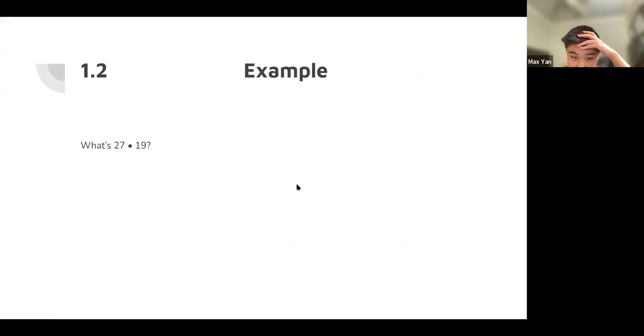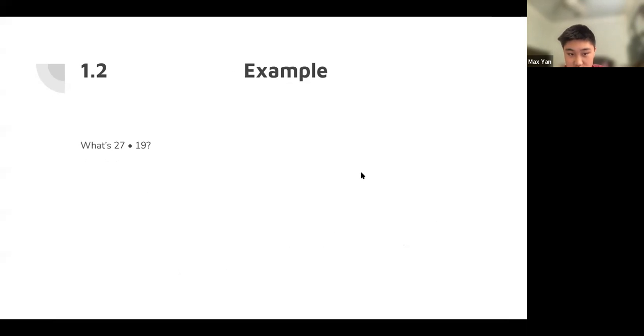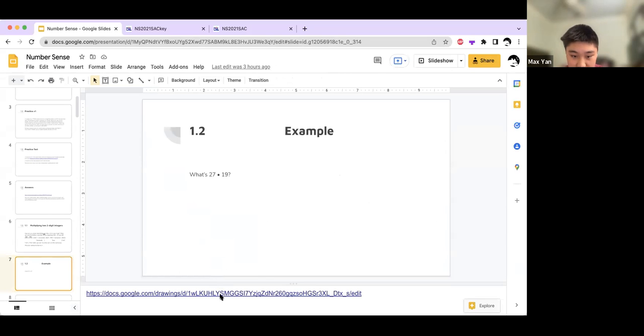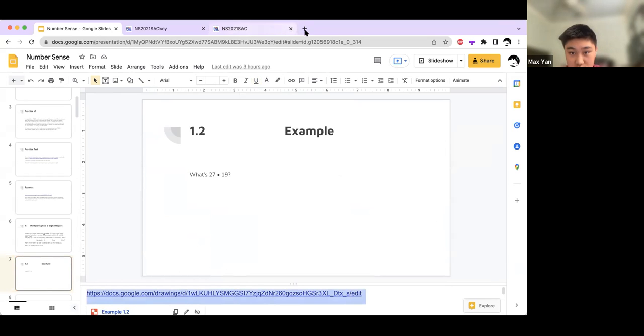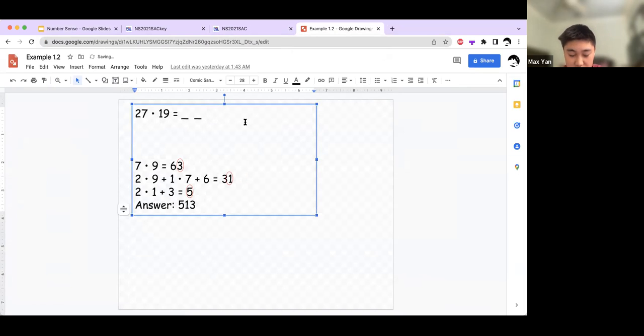So what's 27 times 19? Okay. For this one, first we multiply 7 by 9. We get 63. So we put our units digit there. Then we multiply inner with outer. So 2 is one of the outer numbers. We multiply outer, and